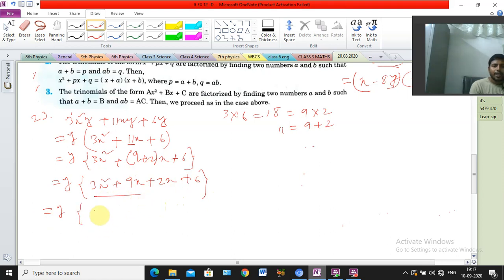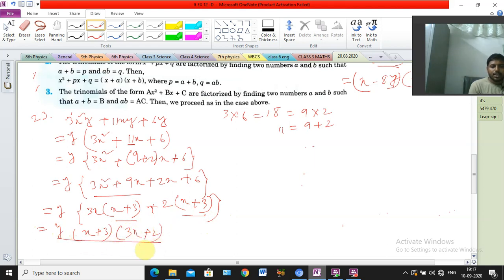So from the first two terms we can take common. What is the common? 3x common. If we take 3x common, x will come inside, plus 3 will come. Understood? Plus, here 2x plus 6, 2 we can take common. If we take 2 common, inside x will come and here 3 will come, because 2 3 is 6. Understood? Clear or not? So here in the bracket x plus 3, here also x plus 3, that means correct. Take the common portion x plus 3 and the remaining portion is 3x plus 2. So this is the answer.